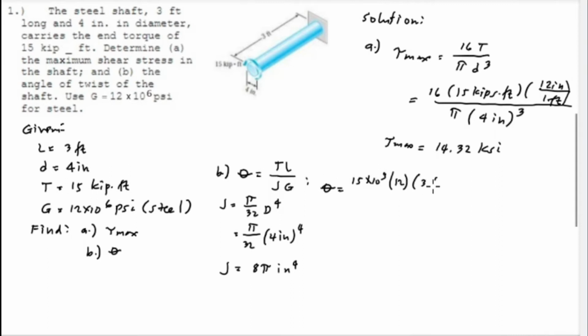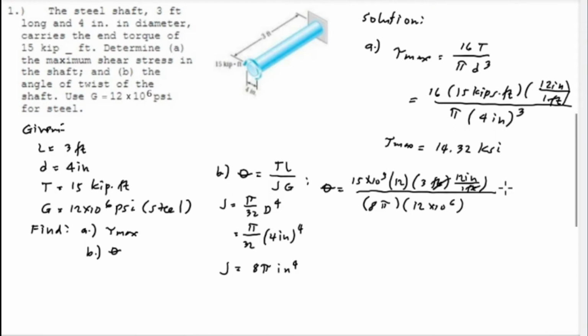So this is 3 feet, and we convert feet to inch, 12 inch divided by 1 foot, and we divide by J, which is 8 pi, and we multiply by the G, which is 12 times 10 to the power 6 psi, and we